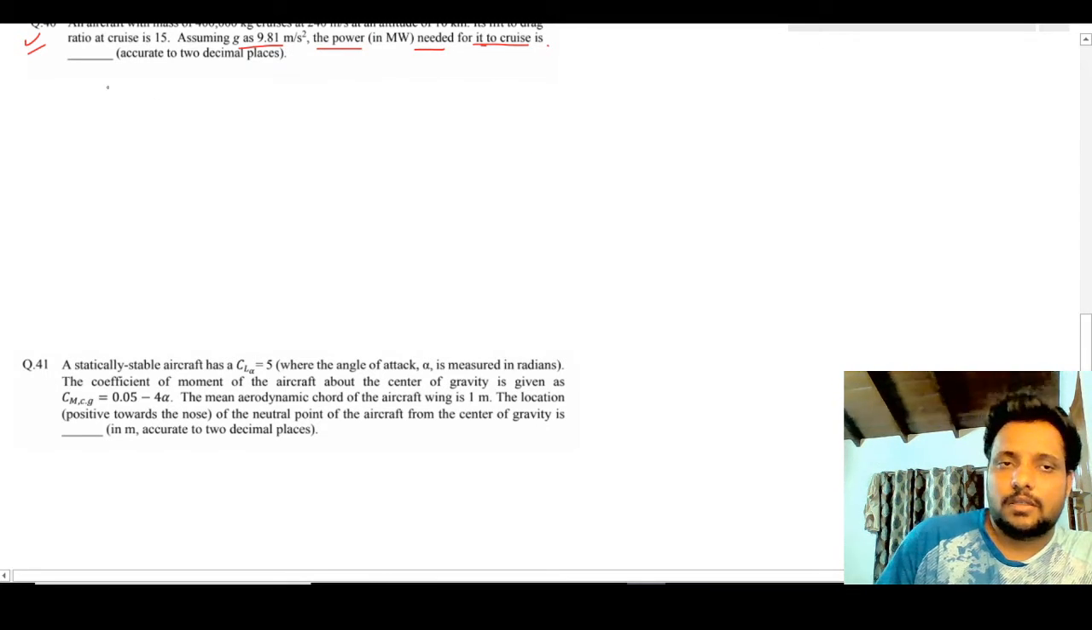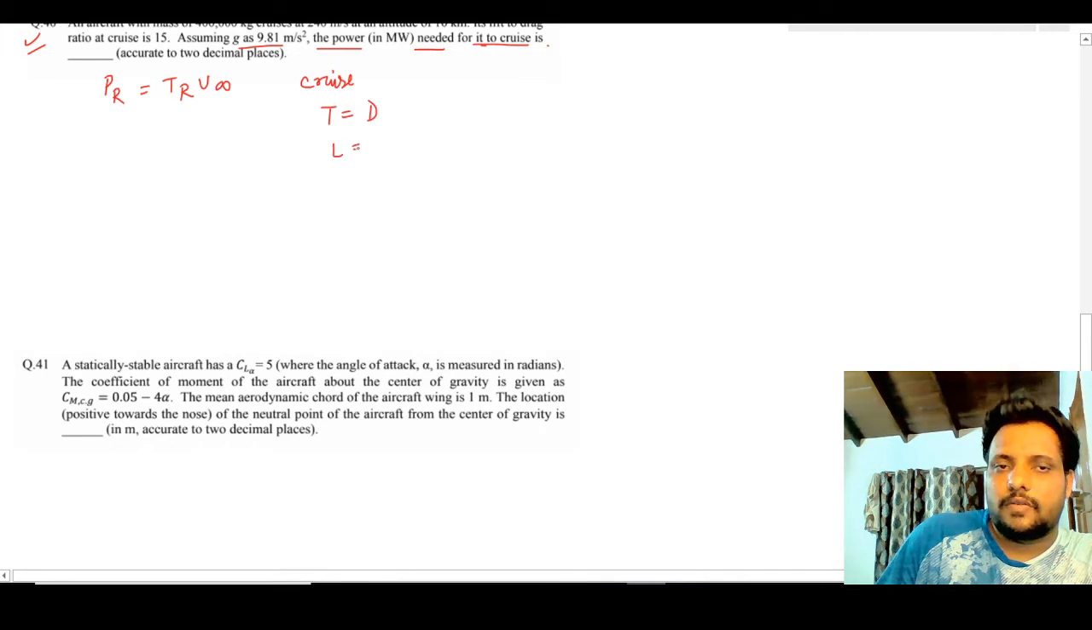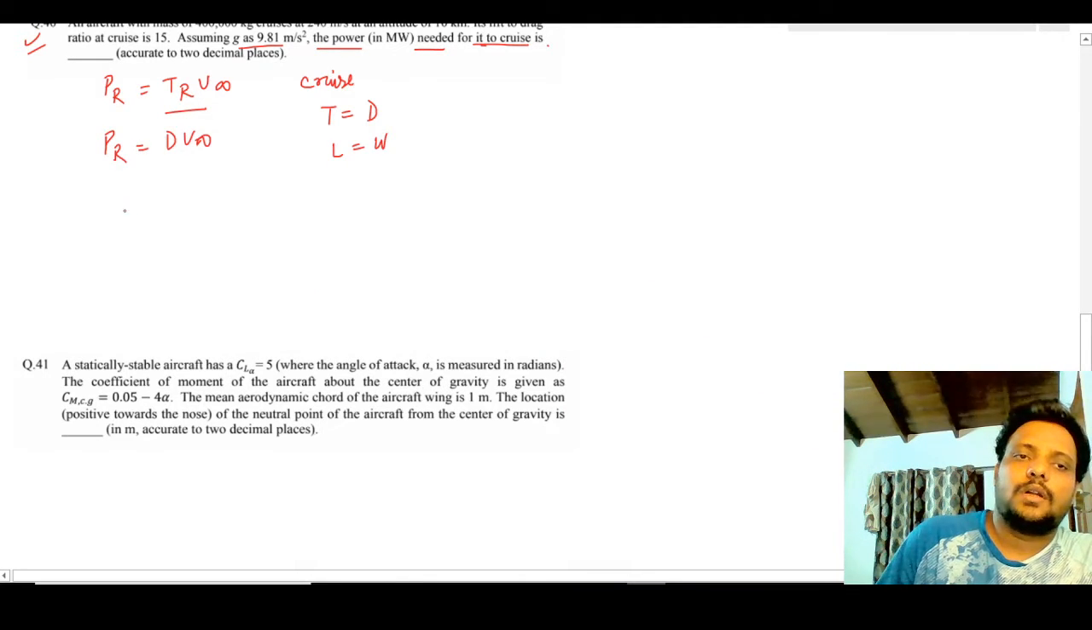So here in this case we have to find out power needed, which is nothing but PR, and PR is TR into V infinity. Since this is a cruise condition, we know that thrust is equal to drag and lift is equal to weight. That means D into V infinity is power needed here, and if I calculate thrust, which is given by W upon L by D,